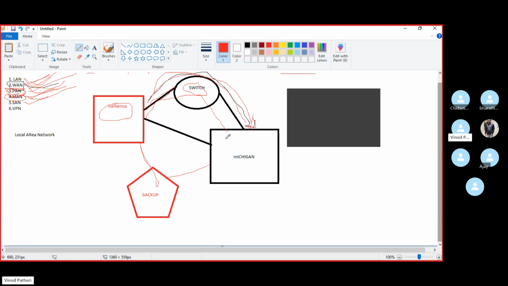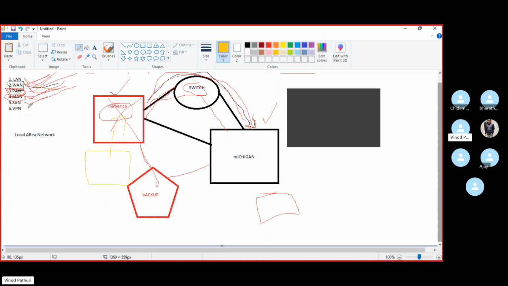Redundancy means if something goes wrong with the production one, like you have two servers, this is one and this is another, I will keep a copy of this one and a copy of this one. If anything goes wrong with this server and it is corrupted, we'll just create a new one, bring up the backup to here and make it work. That is how it will work. The storage area network is a larger one; it handles a lot of traffic.